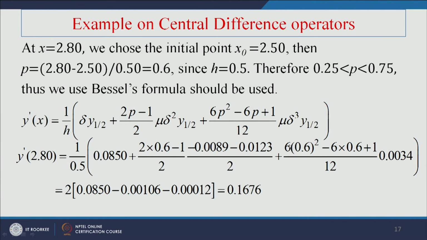So if we put these values, like 1 by 0.5, 0.0850 plus 2 into 0.6 minus 1, and all other terms placed accordingly,